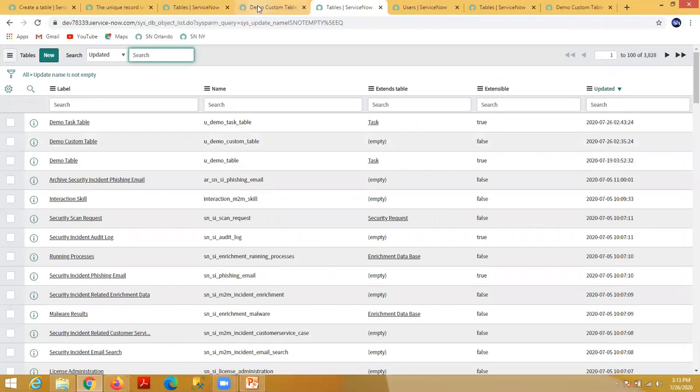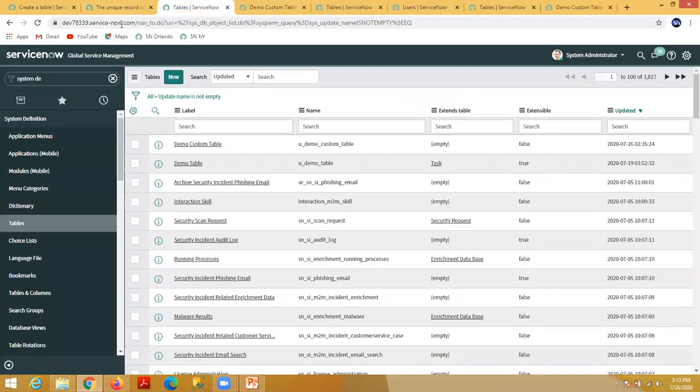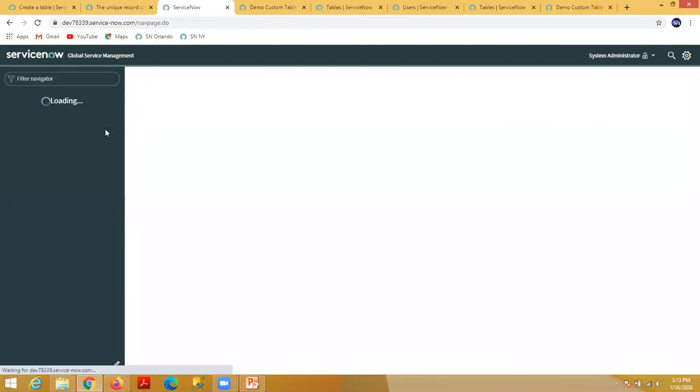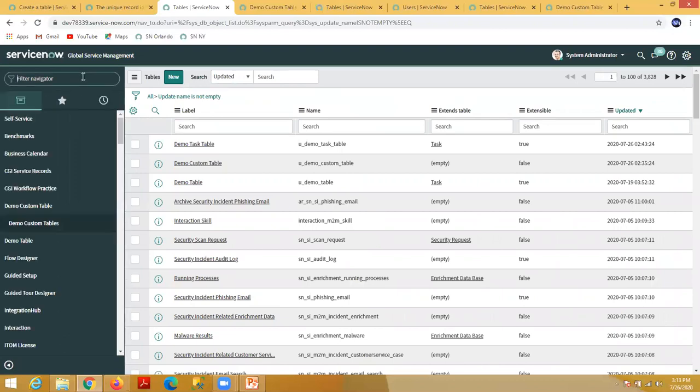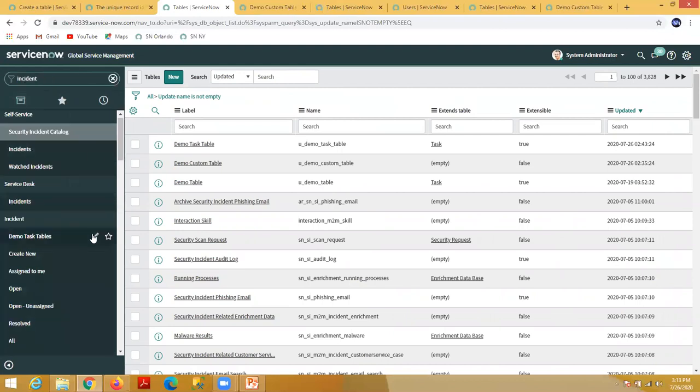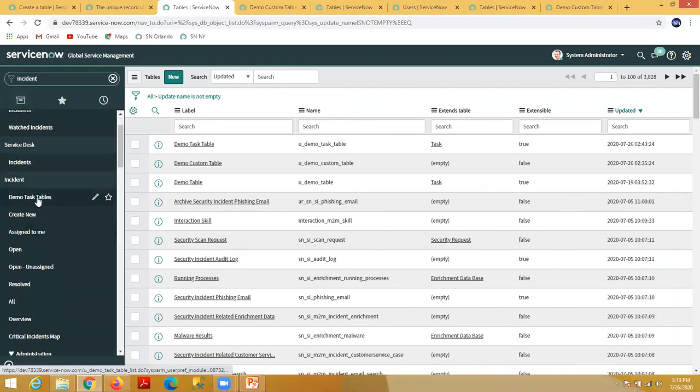Now we need to refresh this. Where will you find this module now? You have to go to the Incident application menu, and under the Incident application menu you'll find this demo task table.